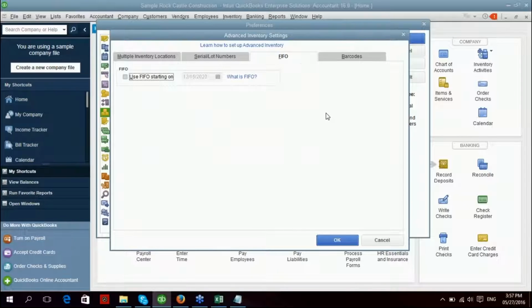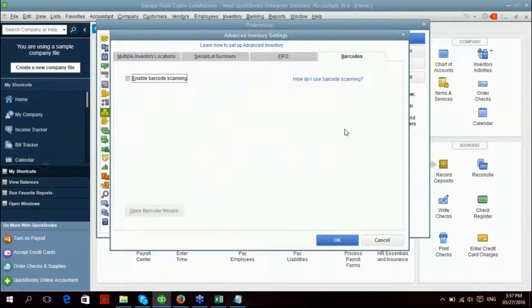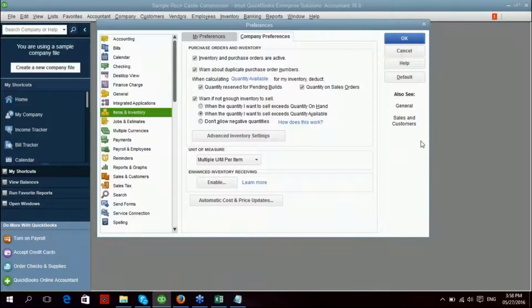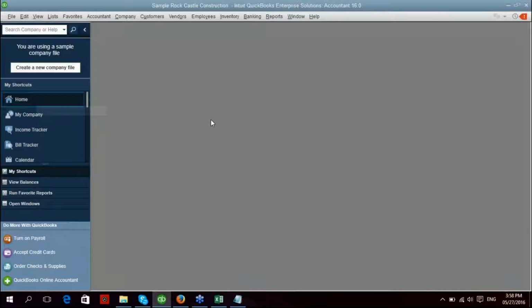The next is the use of FIFO costing. So if you enable this one, you will need to select the date when you want to start using FIFO. Then lastly is the barcodes tab. This enables barcode scanning. So you have the option to launch the barcode wizard, or if you don't want to launch it, just save your settings. So click OK. Then to finally save your preferences under Advanced Inventory, just click OK. So there,